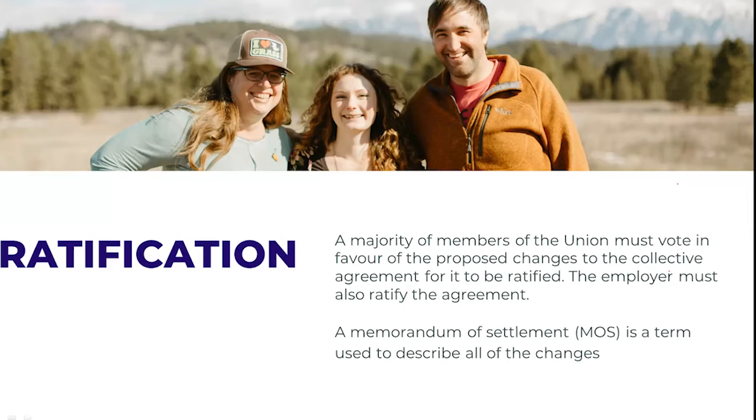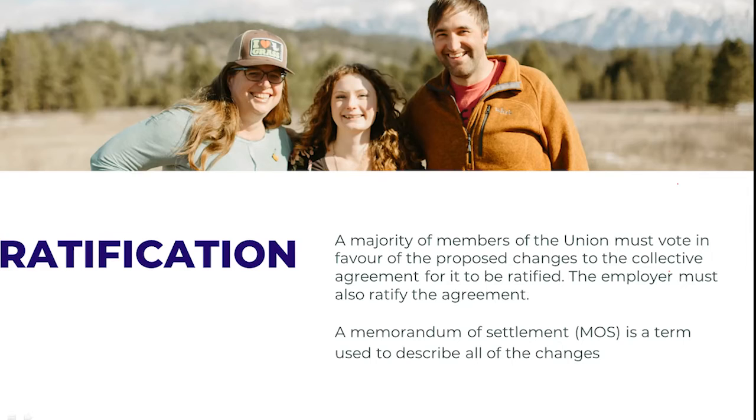So for the union, you'll get an email. It used to be you'd get a package in the mail, but I think now all of our chapters do this by way of email. So it will likely include a summary from your bargaining committee. Dear Bob, your bargaining committee is recommending ratification of the proposed changes of the collective agreement. Here they are. They might be described in a summary form.